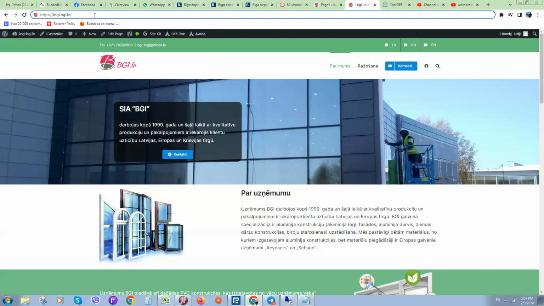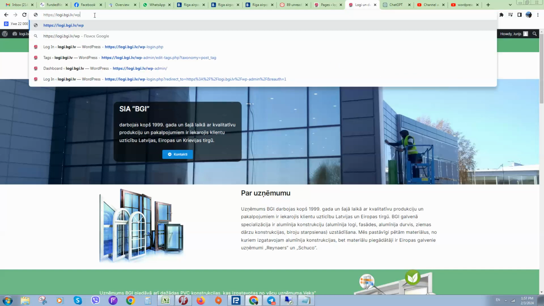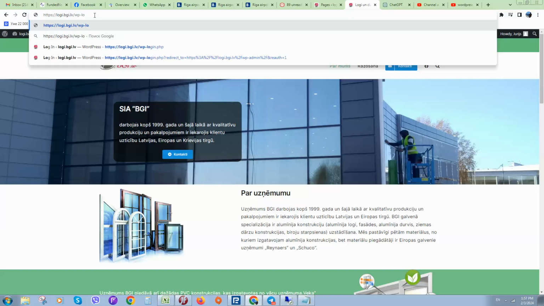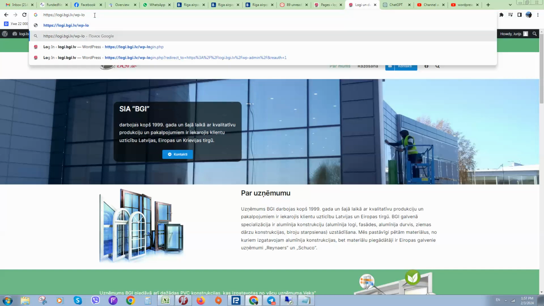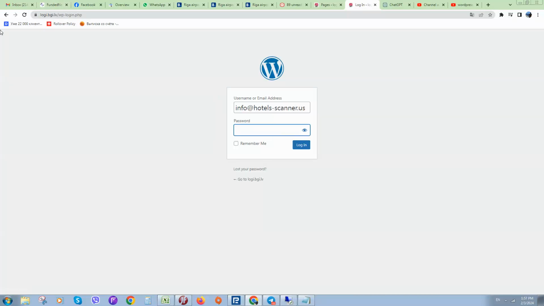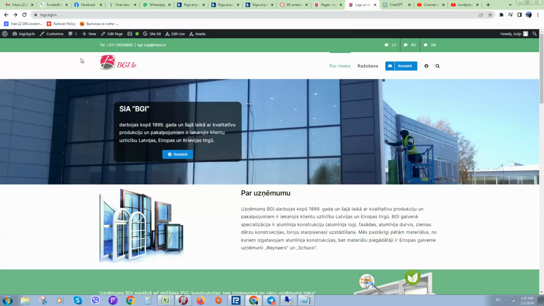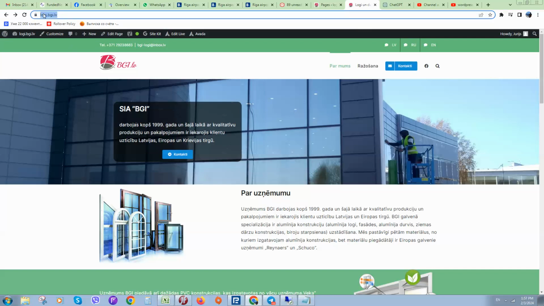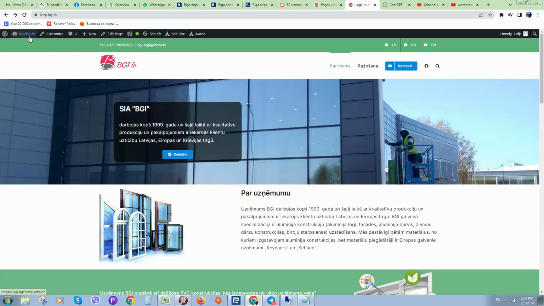So how to log in? Just type your website link /wp-login.php. So like this here, click on it and you'll see a login page like this here. When you log in, just type in the browser your website address, hit enter, and here you need